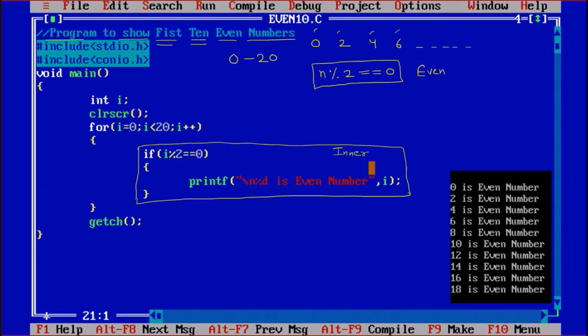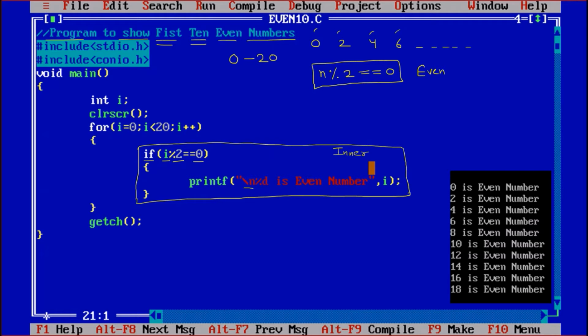Now here in the inner part, let us suppose that I is some number. I mod 2 means the remainder of I divided by 2 is equal to 0, where == is the comparison operator. So if the remainder of I mod 2 is 0, then we are going to print it, with \n for the next line.